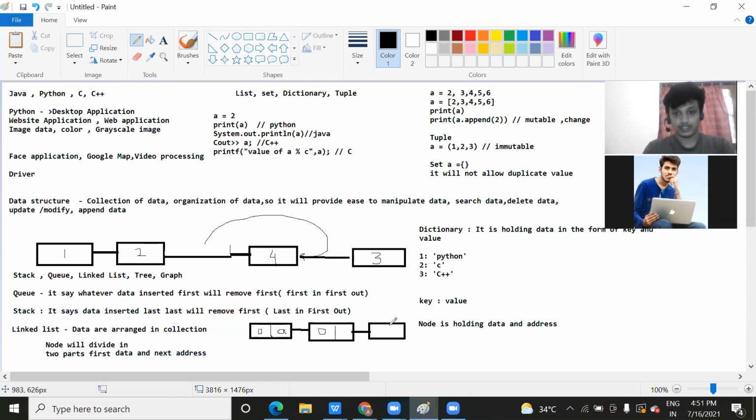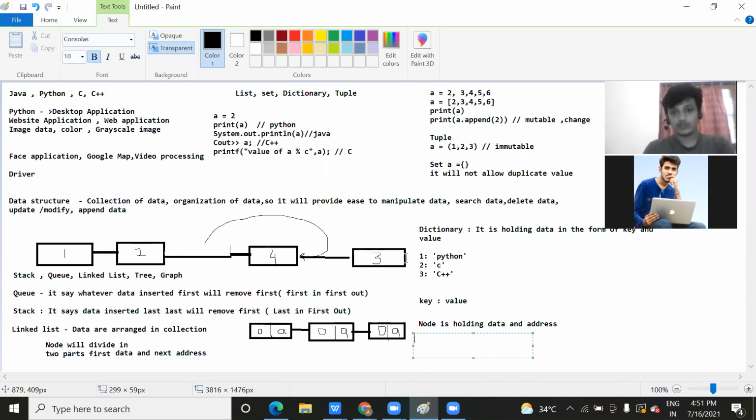Let me save this data back. So you have data and your address. Each node will have two things, data and address. Address is pointing to the next element in the list. Now, for example, 1 2 4 3, right? So one node is holding the data 1, and this node will hold the address of the second node. Once you process it, this node will tell you, okay, after me this second node is coming, and the address where you find it inside the memory.